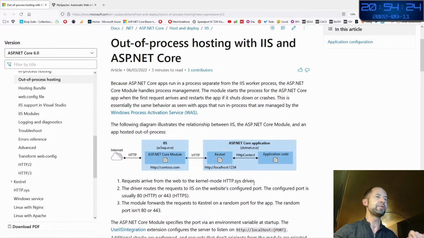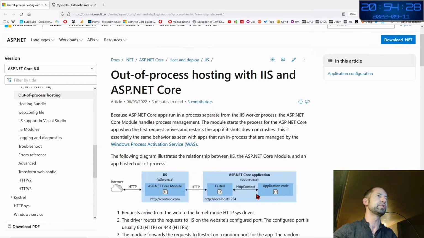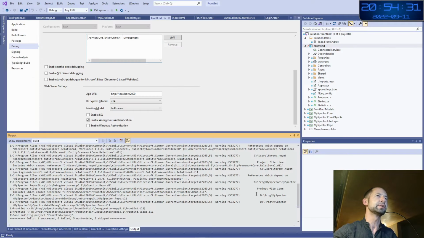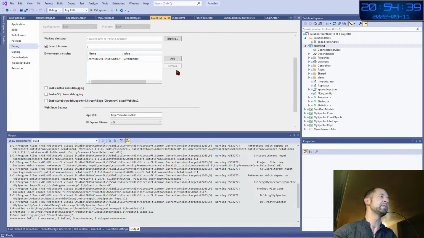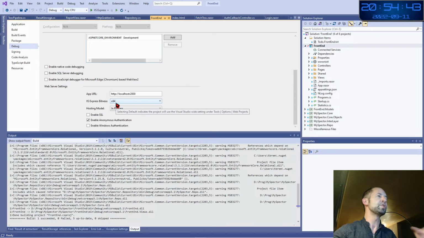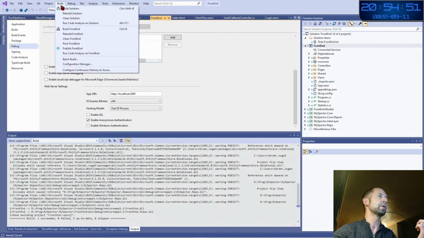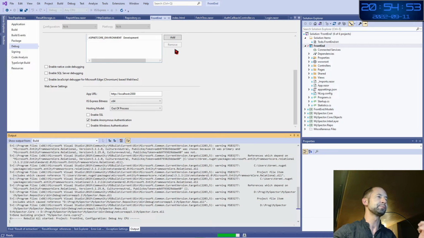I am going to make this video because it's a little tricky to make this change on Visual Studio, and I will show you why it is tricky. So by default we are in process, and in the properties of the project that you can see here, there is in the debug panel a setting which looks like this: hosting model in process and out of process. So here, if I click on out of process and I save it and I rebuild,